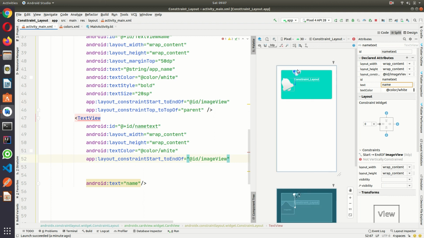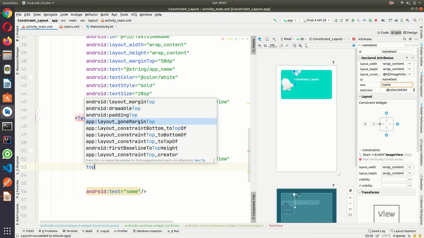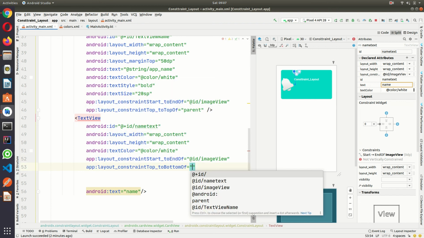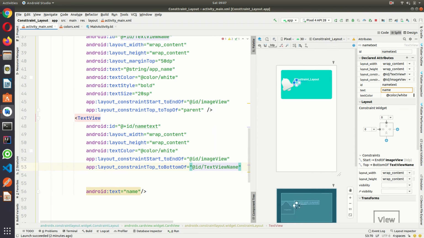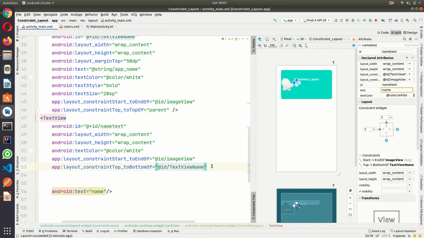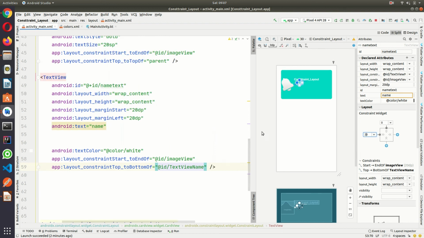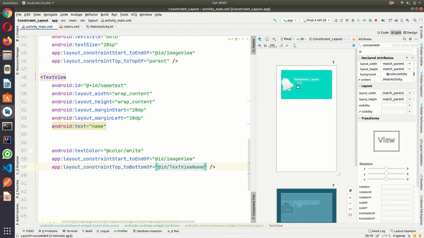Now I wanted this to be below that, so top to bottom of text view name, it came below that. I'll provide some margin here. Okay, so you can see here.